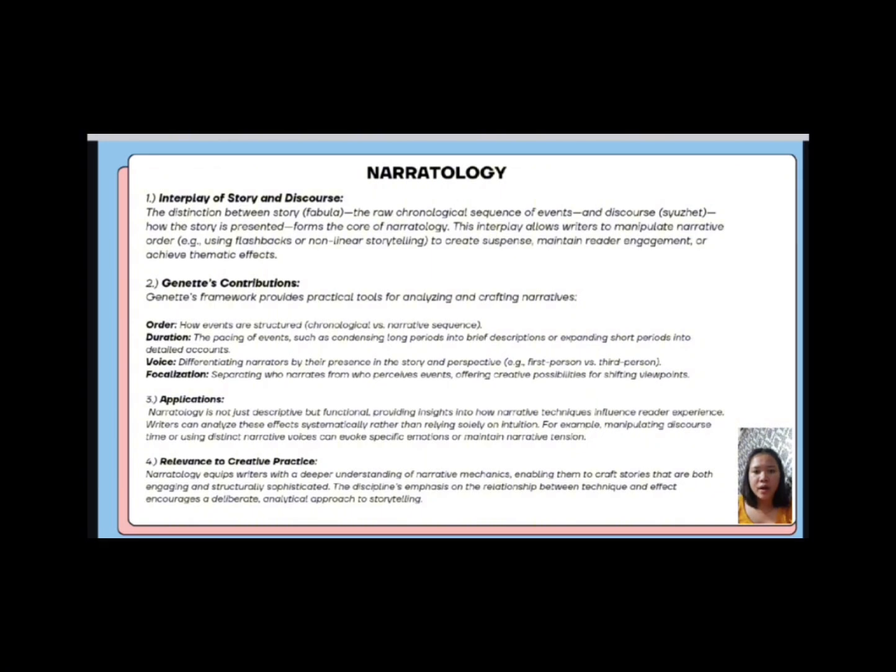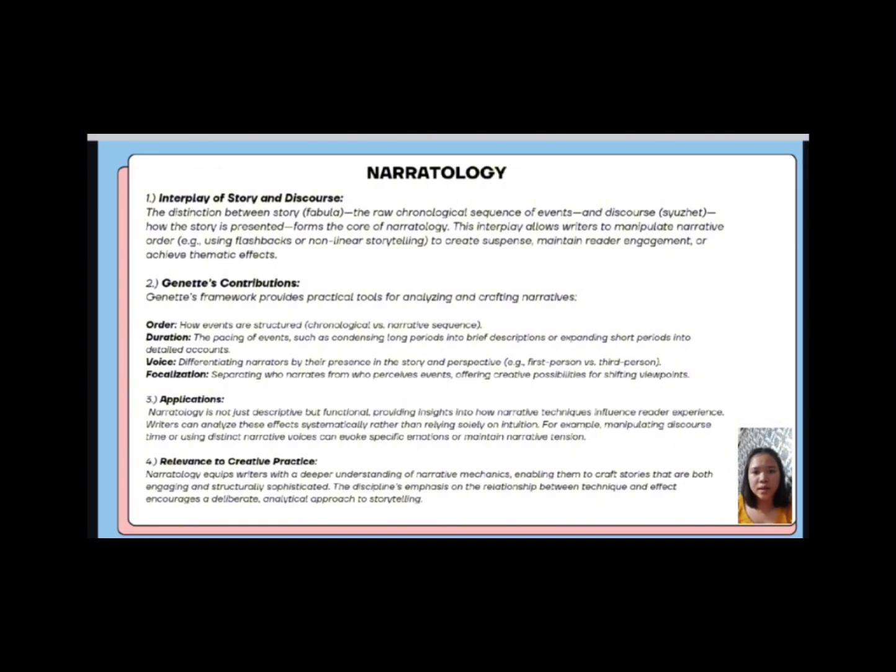Number 4. Relevance to creative practice. Narratology enhances both analysis and creation of narratives, making it a practical discipline for writers. Narratology empowers writers to make intentional choices about plot